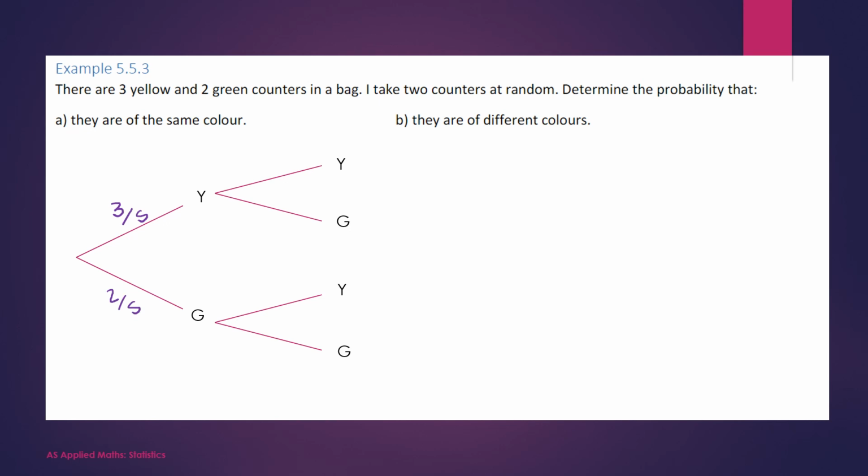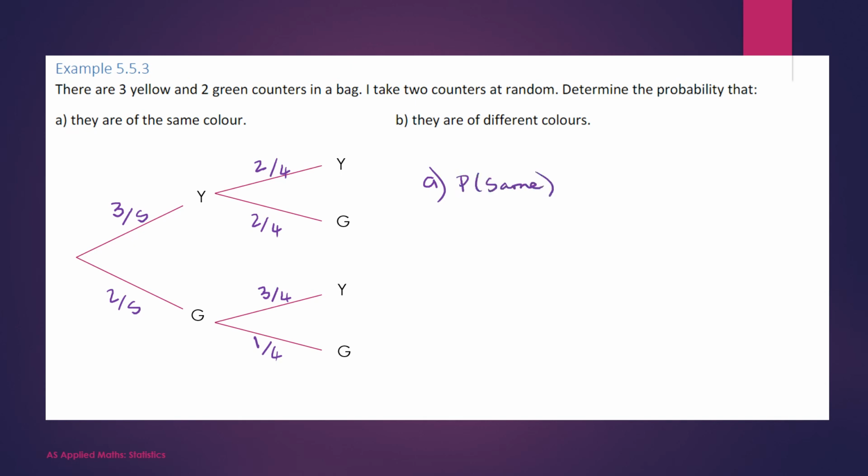Then when we've chosen a yellow, we're now down to 2, and we've got 4 left to still have 2 green. They add up to 1. I've chosen a green, so I still have 3 yellow, but I've used a bead, so I'm down to 4, and I've used one of the greens, so I've got 1, and I check that they add up to 1. Probability that they are of the same colour,